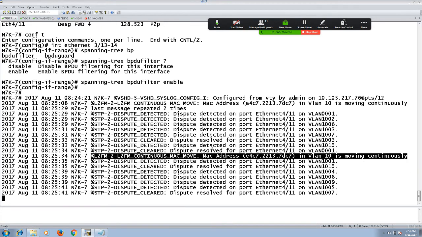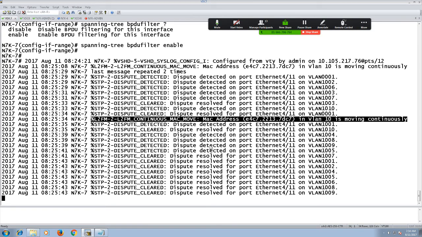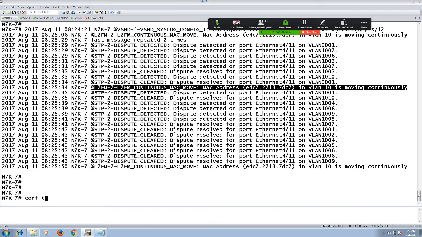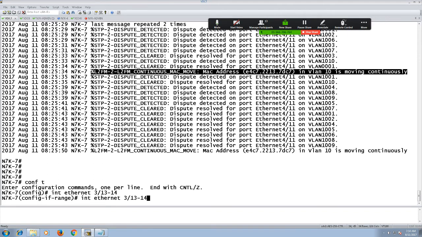Because what we have created is a loop environment in these devices, and we are able to see it in every VDC particularly, but I have enabled the logging only on VDC 7 at this moment. But when the loop has already occurred and you wish to implement loop guard, that's not going to work, guys. You have to implement the loop guard feature first, then if the loops come up, only then it will come into the picture. Make sense?